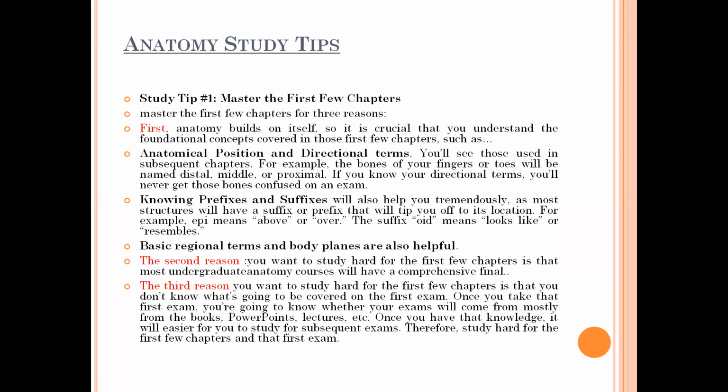First is master the first few chapters. Master the first few chapters here for three reasons. First, anatomy builds on itself, so it is very crucial that you understand the foundation concepts covered in those first very few chapters, such as anatomical position, directional terms, knowing prefixes and suffixes, as that helps you tremendously.